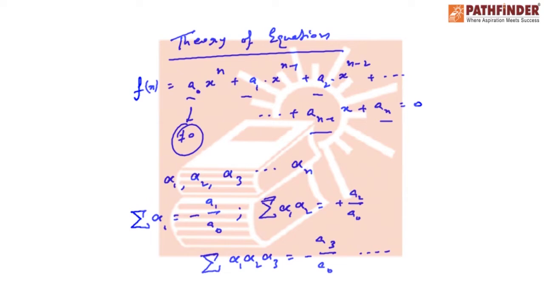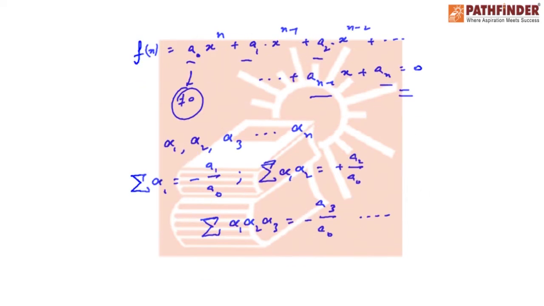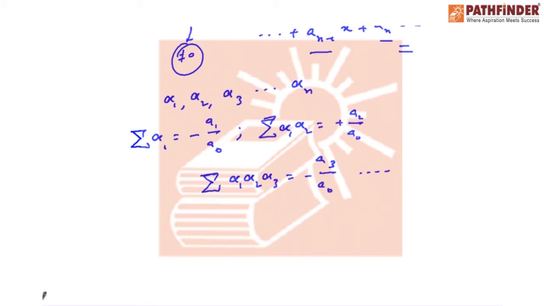Now few things are to be kept in consideration here. If alpha is the root of this equation f(x) is equal to 0, then this polynomial is exactly divisible by x minus alpha. I think you remember that this concept is also known as factor theorem, that if alpha is a root, then this function f(x) is exactly divisible by x minus alpha. Now the second case that we need to keep in mind is every equation of nth degree where n is greater than or equal to 1 has exactly n roots, and if the equation has more than n roots, then obviously you must remember it is called an identity.